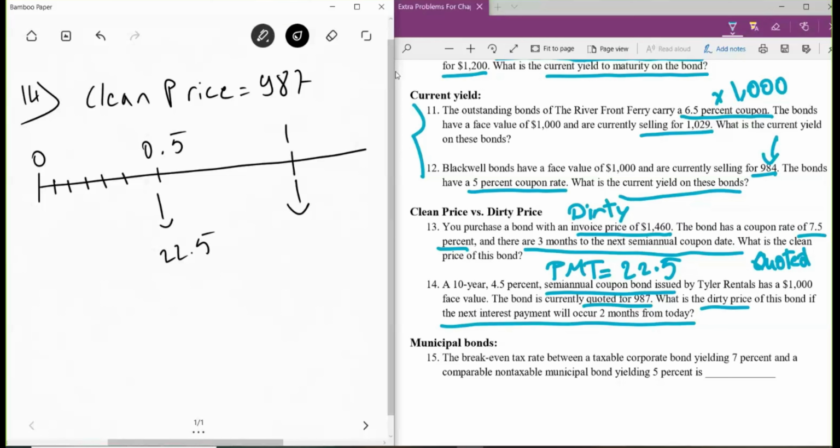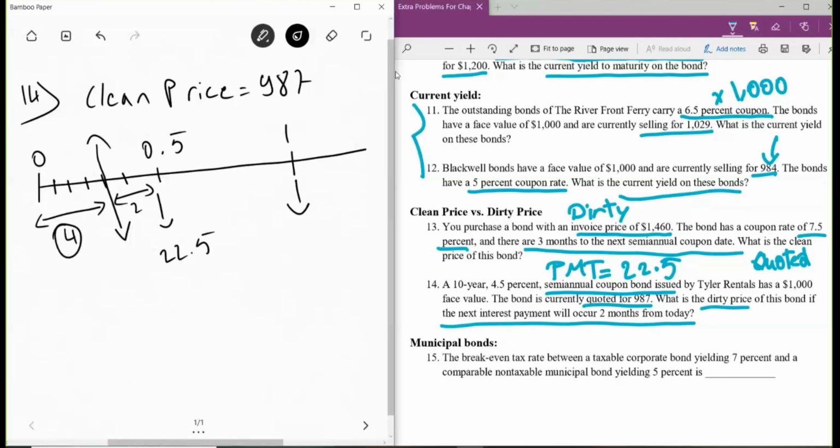The next interest payment is after 2 months from today. This means that I'm exactly here. So here I have 2 months. What I care about is the number of months that passed since the last coupon payment. So I care mainly about this 4 months period, because